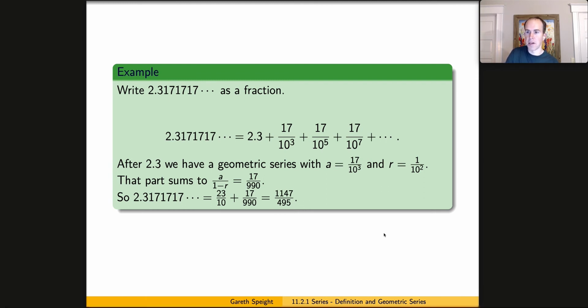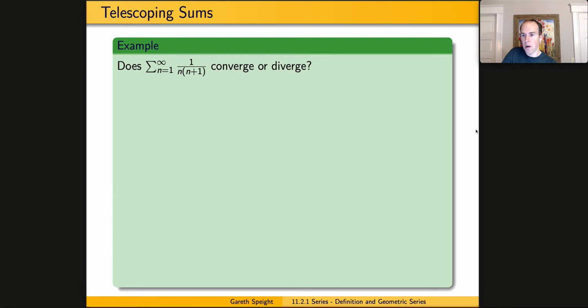So this is one application of simplifying these recurring decimals and writing them as fractions. Okay, maybe one more. Finally, the strategy for calculating sums when we can actually find the partial sums is telescoping sums. So telescoping is kind of a general phenomenon of when you have the partial sums, if you write out the terms, you get a lot of cancellations, and you can simplify the partial sums into something that's easy to